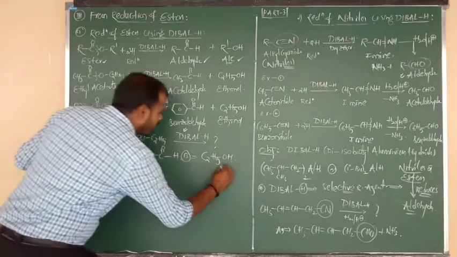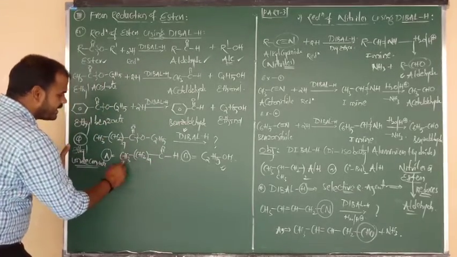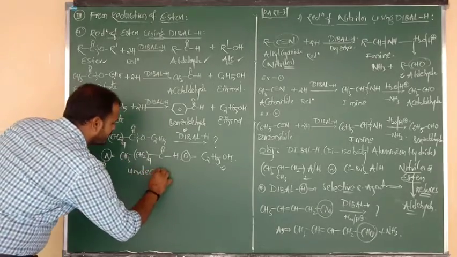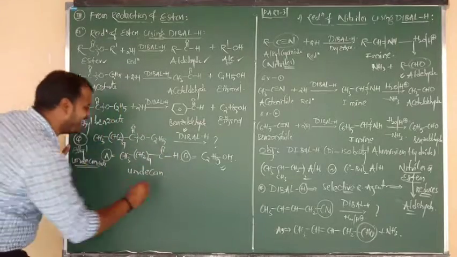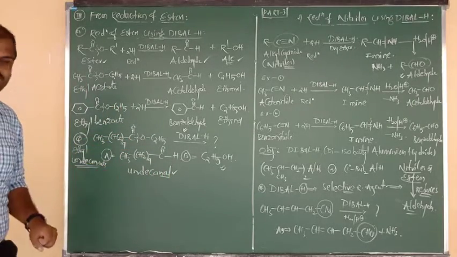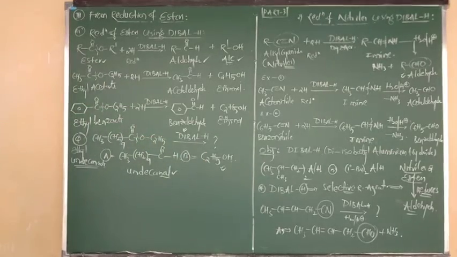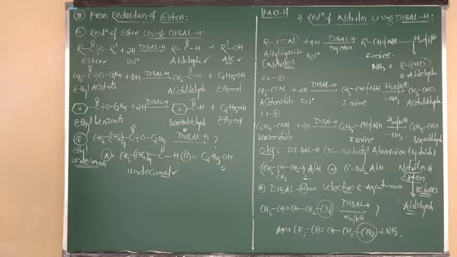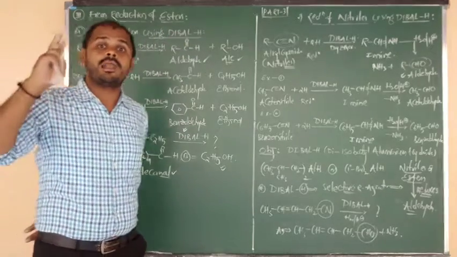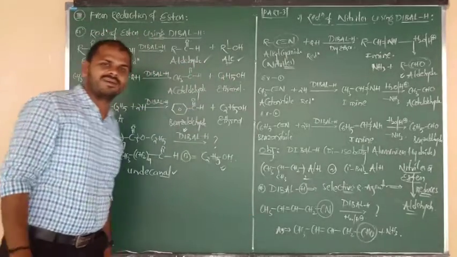It changes into the products: one is ethyl alcohol and one more is, here also total again 9, 10, 11, 11 carbons is undec. All have single bonds, nothing but ane. Functional group is aldehyde, so we have to say undecanal. Ester changes into aldehyde and side chain changes into alcoholic form. So esters upon reduction with DIBAL-H, be fixed in your mind, always form how many products? 2 products, one is aldehyde, one more is alcohol.